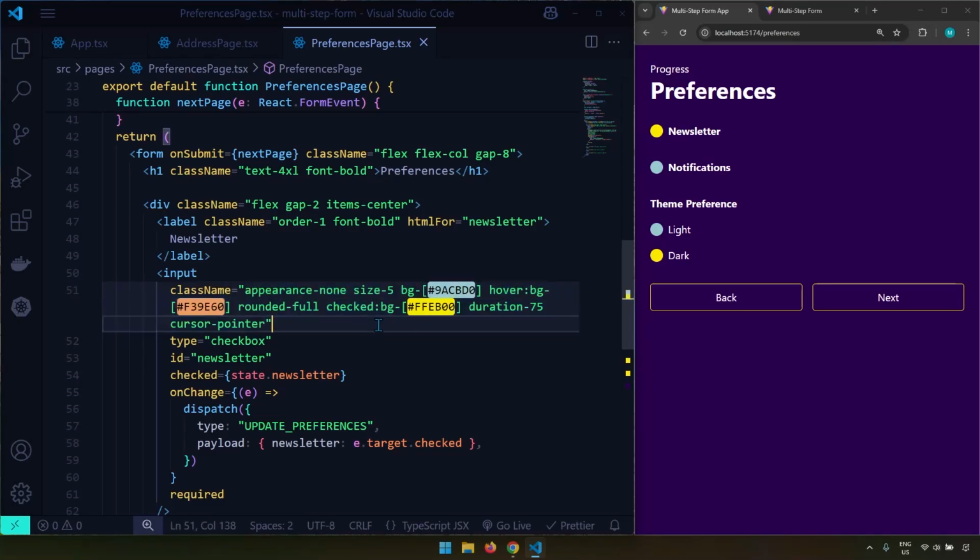Rounded full basically says that it should be a circle. That's what rounded full says. When we check this tick mark or this checkbox, this should be the color. With Tailwind CSS, this is extremely simple. With simple CSS, it's a little bit back and forth going, but Tailwind CSS makes it super simple and